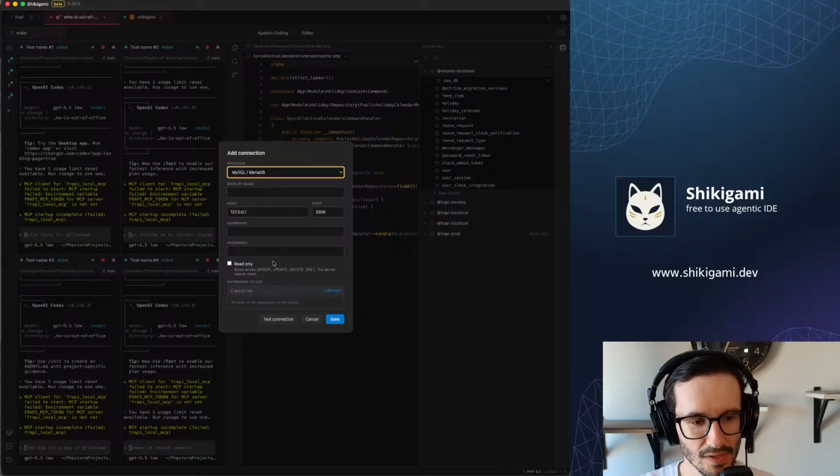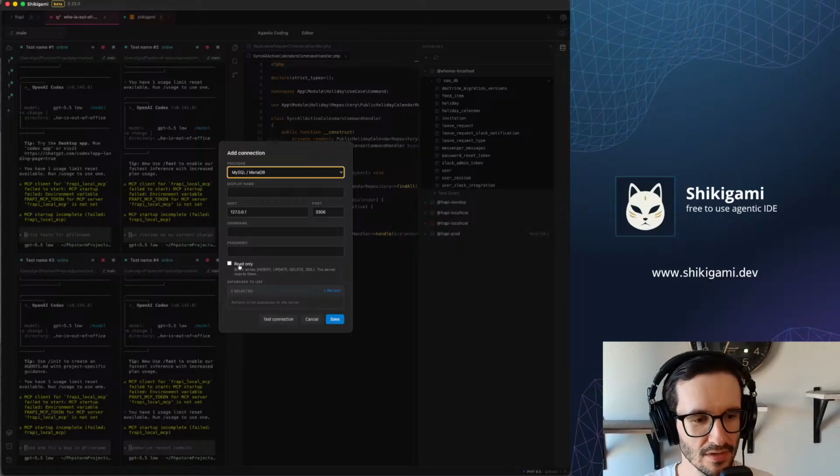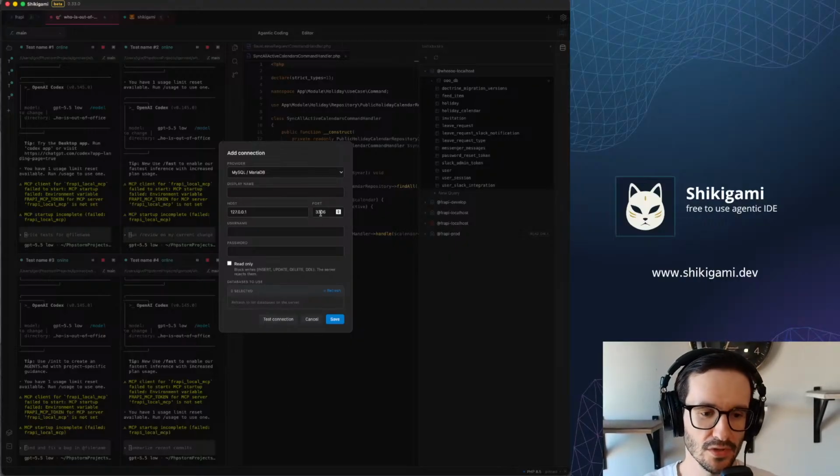Then you provide credentials. You can decide as well if you want the connection to be read-only. If you want it to be read-only, then just mark this checkbox. Then you can test the connection, see what databases are available for that specific connection, and then decide which databases and which tables